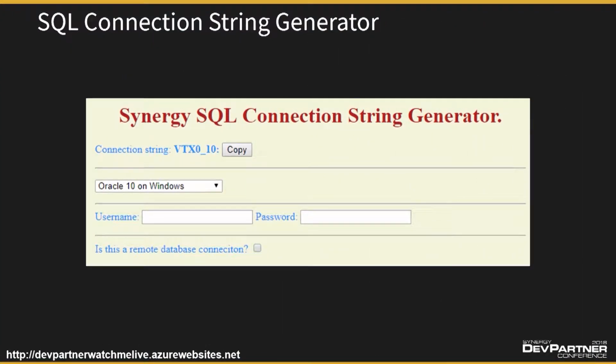So that's what it looks like. Here's an example of our first single-page application, which is our SQL connection string generator. You can see the expected connection string at the top. Currently it's set to VTX 10, and that's because in the drop-down combo box we've got Oracle selected. Oracle requires a username and a password, so these entries or elements are available, and you can enter data into them. A remote database connection checkbox, if checked, provides additional